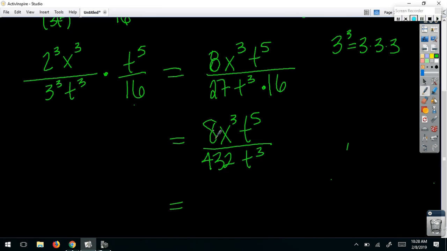So these reduce to 1 over 54. That's just plain old fraction simplification. I simplified the fraction 8 over 432. You can divide them both by 8. There's only one x in there, it's up top, right? How about those t's? Subtract the exponents. 5 minus 3 is